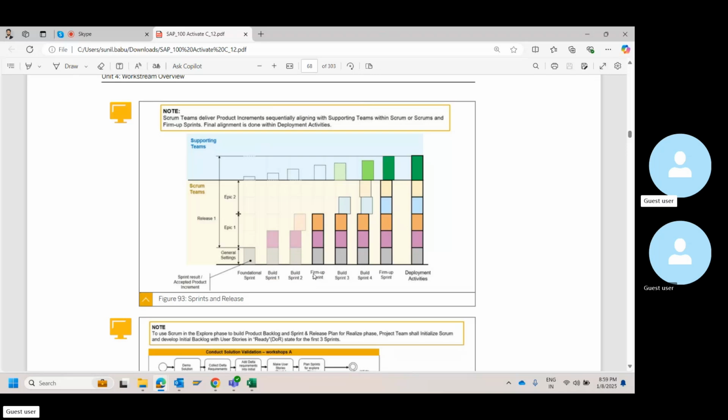You showcase that, you do a firm up, you release it, then you do sprint three, sprint four, you showcase that, and then finally you deploy everything into the production during the deploy phase. Okay, this forms the release one.